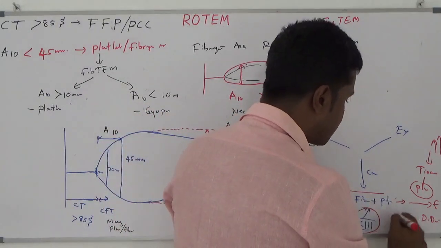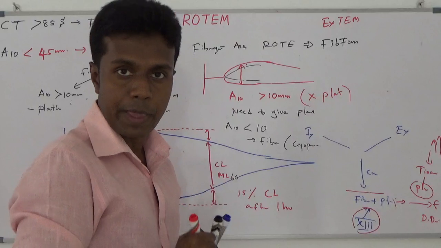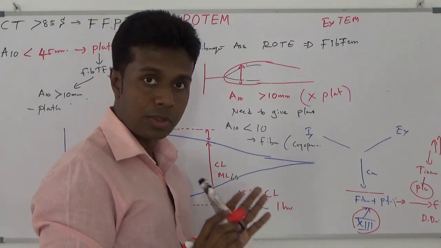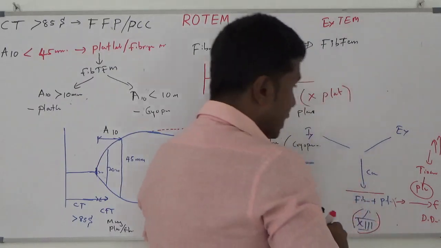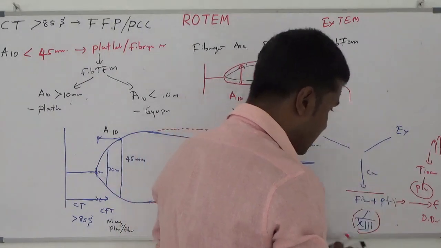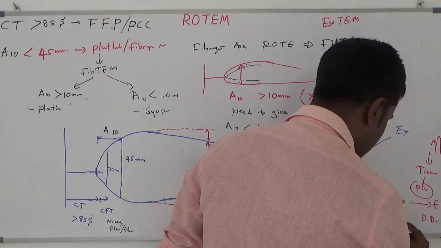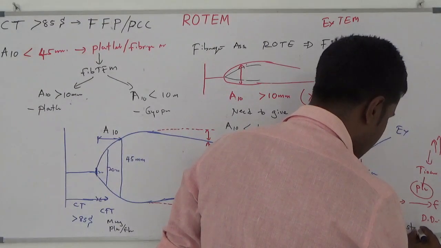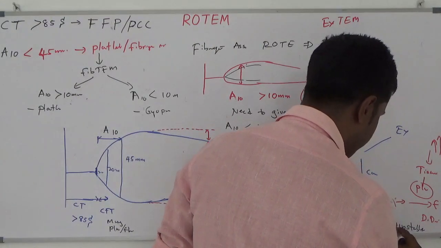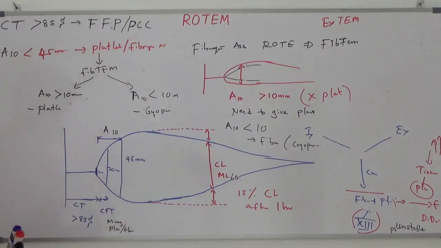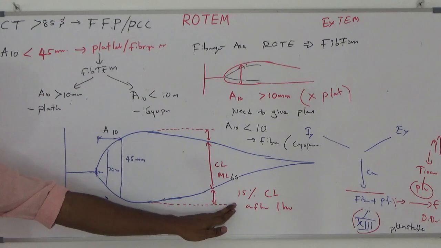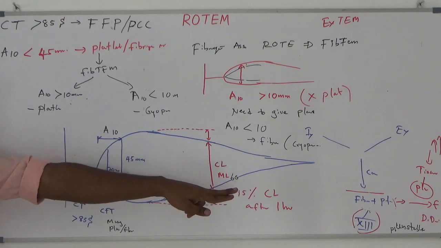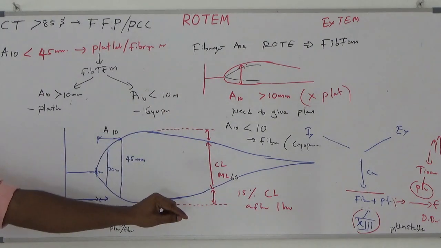That means even though you produce a platelet and fibrin plug, it is not that stable: an unstable platelet plug. Hyperfibrinolysis or unstable platelet plug. I will repeat it again. Maximum clot lysis in 60 minutes of more than 15% may be due to hyperfibrinolysis or